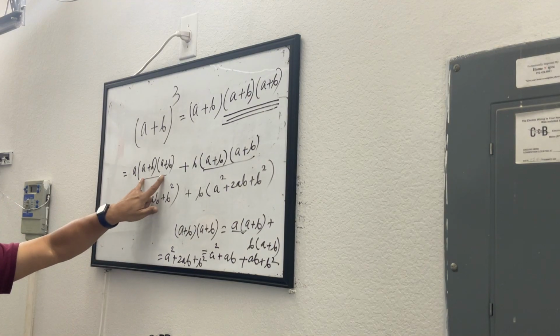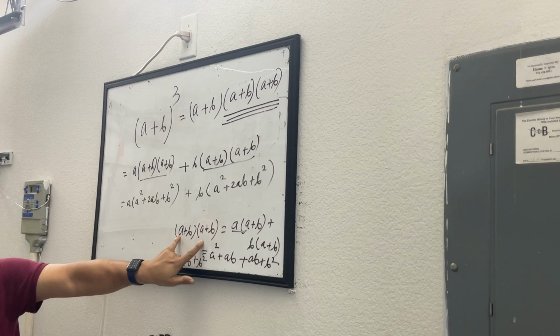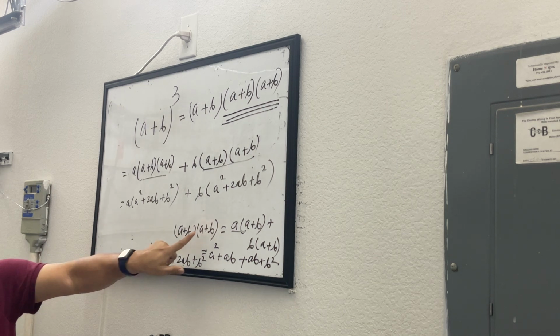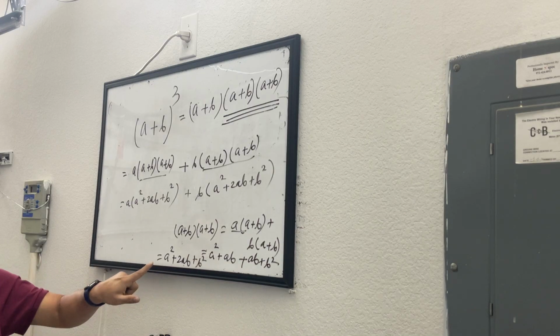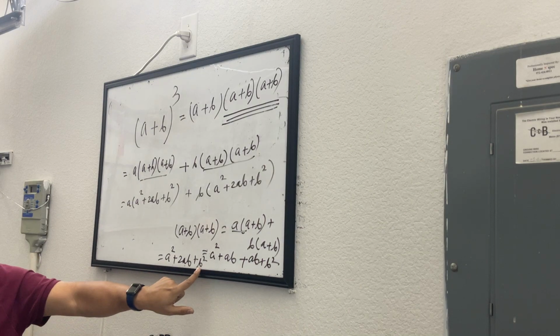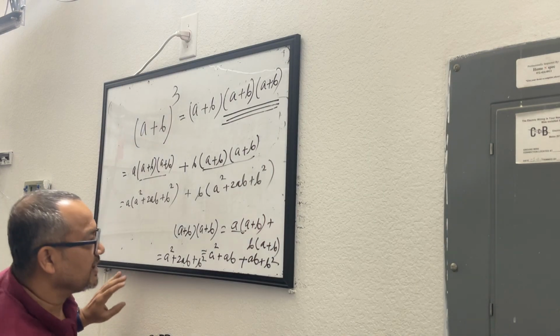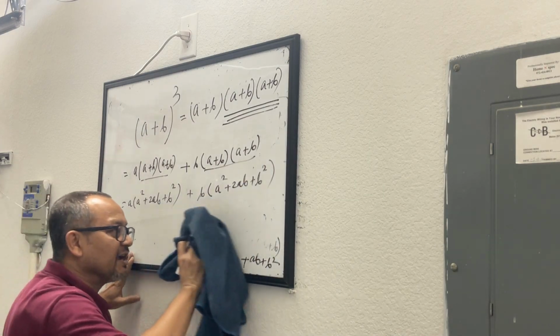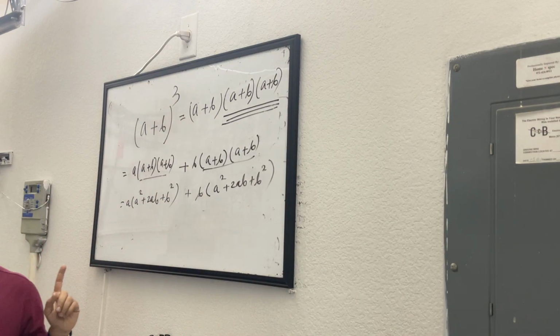Now since we see that this part is common in both places, on purpose I said, okay fine, let's look at how much a plus b times a plus b is. So we just applied the distributive property and we got a square plus 2ab plus b square. Wait, so the answer is that? No, not yet. We are not done yet. If there is any bracket that exists,